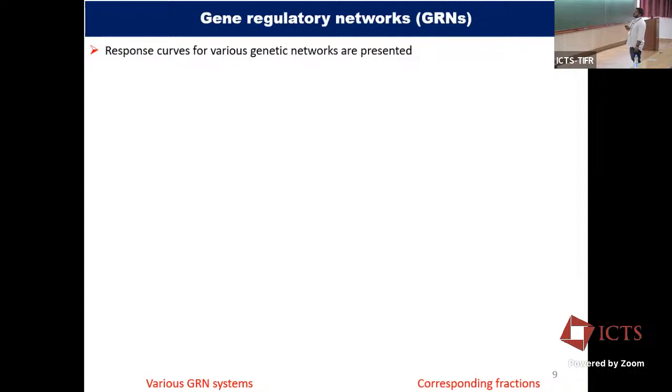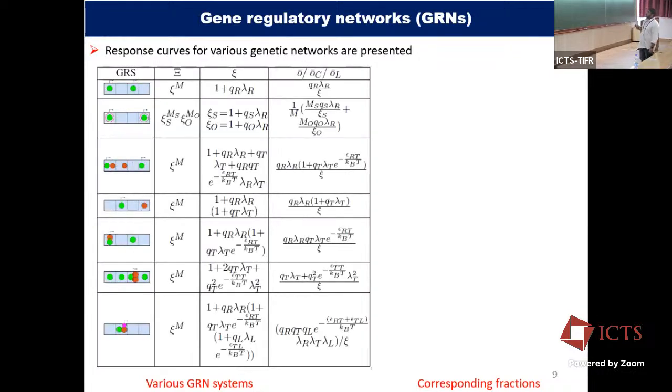So now the response curves for various genetic networks are presented. For example, we have considered various gene regulatory networks. These are the simple gene regulatory networks we started with. For example, here we've considered RNA interaction with the DNA, when they are in specific and non-specific regimes, and we have calculated the average